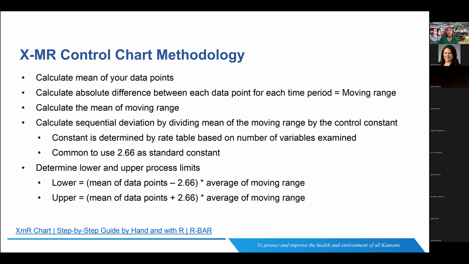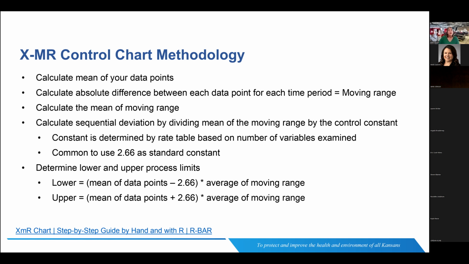Essentially, it includes a statistical calculation to help identify your upper and lower process limits. Those are essentially your outliers. And 99% of your process outcomes should fall within these upper and lower process limits. So everything in between is natural and expected within your DOT use. Anything out of those ranges, or consistently above or below the mean, might indicate that you've had an increase in cost, an increase in DOTs, or even a decrease, depending on where you fall in relation to the mean.